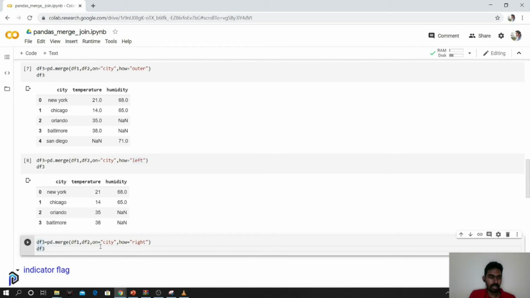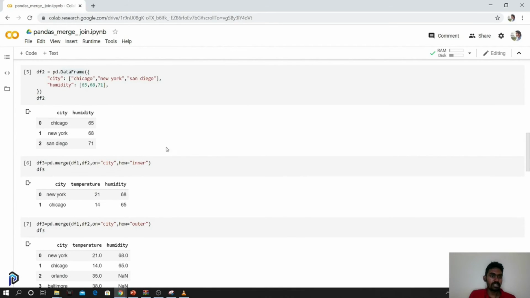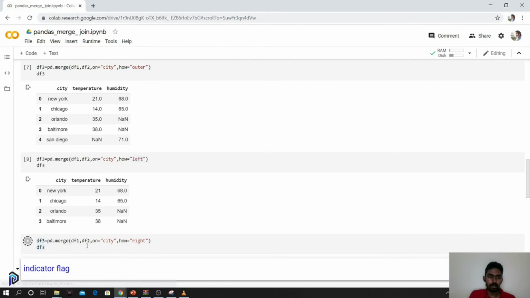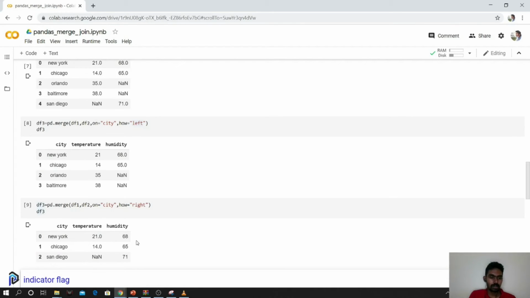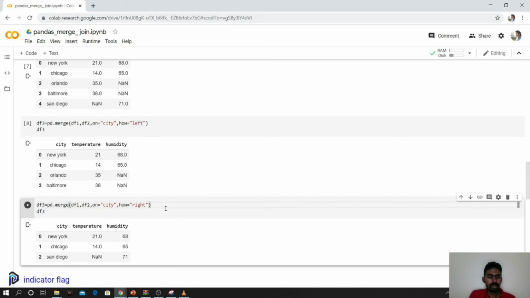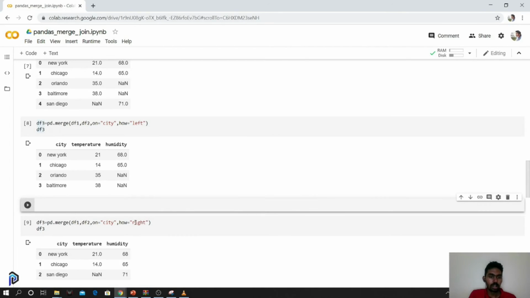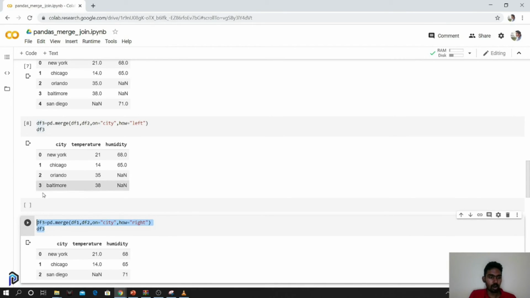So similarly, when you're doing the right join, you will have all the things that are present in the second data frame. So we have Chicago, New York, and Santiago. So these rows alone will be present. For columns, we will have both the columns, temperature and humidity. Okay, yeah, this is how it is. So you will be getting the same for the left and right. Only thing that differs is the order. So I'll be able to get the same output for the left and right output if I change the order alone.